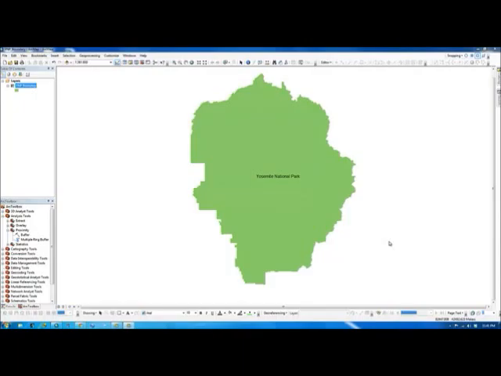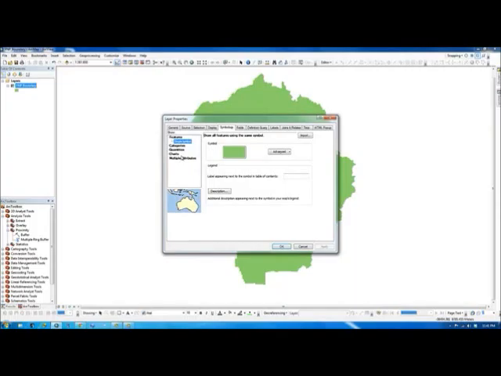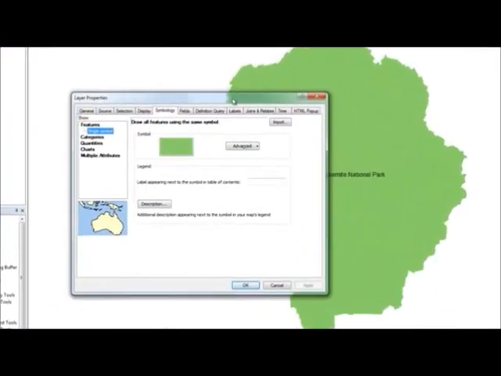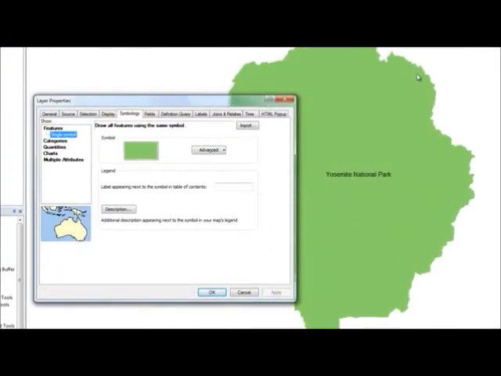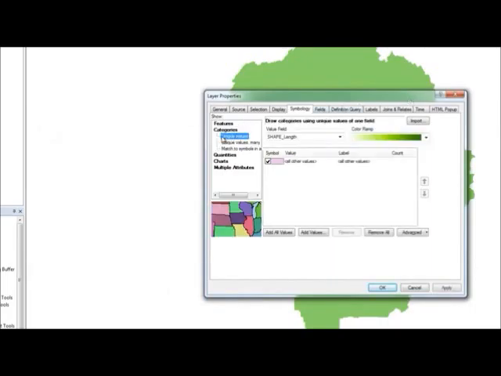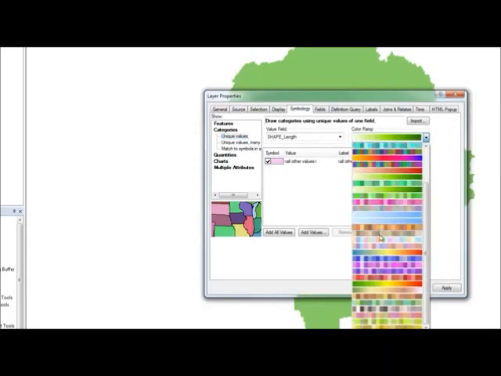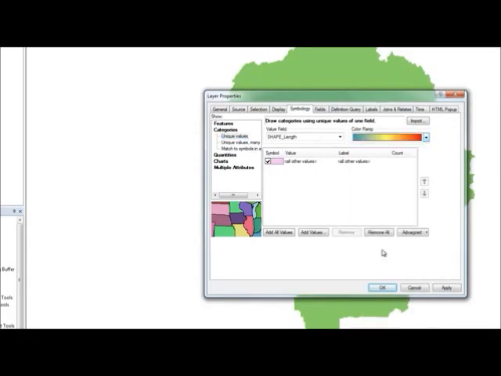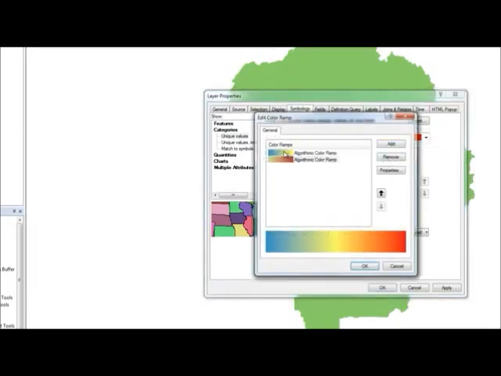Once we have the tool going, the next step, what I want to do in the meantime, is just go in here and create a color ramp file so that we can easily apply that to the buffer, which will create our nice transition from light to dark, which will create the fading effect. Alright, so we'll go in here, go to Symbology, under Categories. What I want to do is go in here and just pick a color ramp that's already set. Then I'll go to Properties, and what I'm actually going to do is just click on the first one,